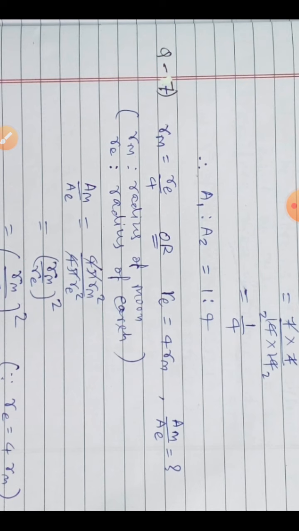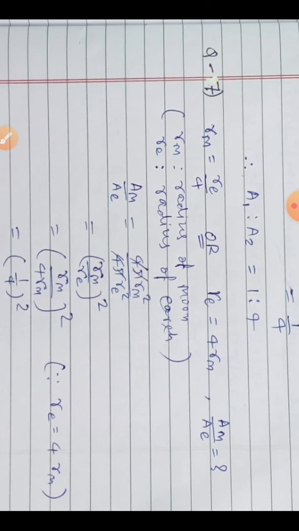Again, M and E are in subscript. Subscript means, you know, in computers subscript and superscript are there, just like that. So M and E is not in multiplication of A. Am means one single symbol only, and A is another symbol. So Am upon AE is, just like question number 4, 4 pi Rm square upon 4 pi Re square. Again 4 pi cancel. So what is left? Rm square upon Re square, otherwise Rm upon Re whole square. Anyway you can write it, where the square is written once only by making a bracket.